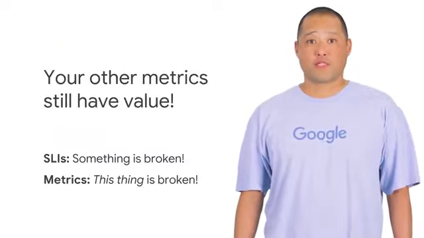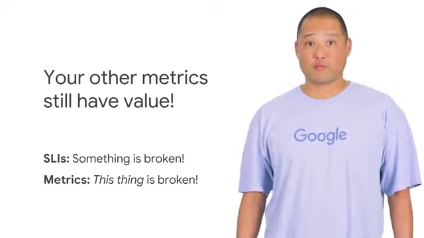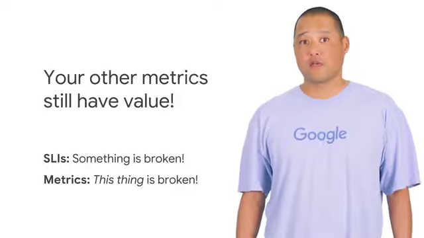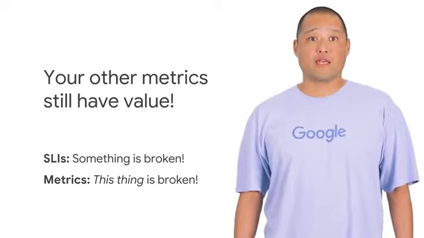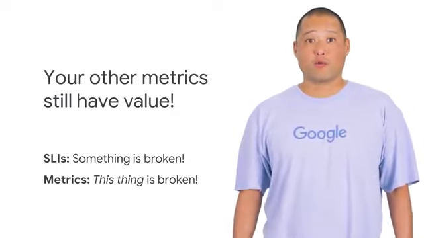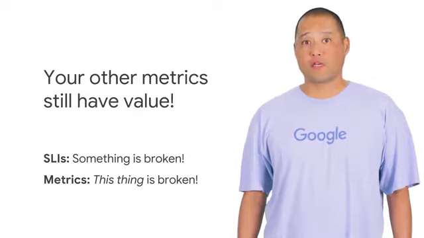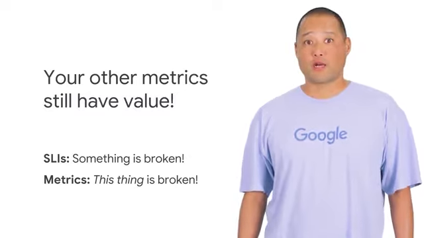It's important to stress here that we're not recommending you ditch all of your other monitoring and observability systems once you've started measuring SLIs for your services. The way we think about it is that a deterioration in your SLIs is an indication that something is wrong, but once the deterioration has become bad enough to provoke some form of incident response, you'll need those other systems to help you figure out what that is.